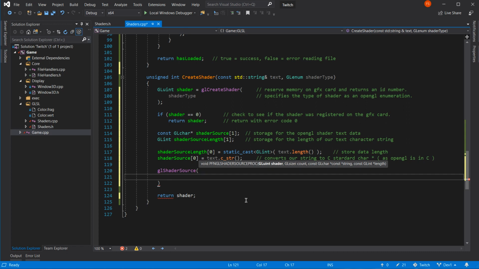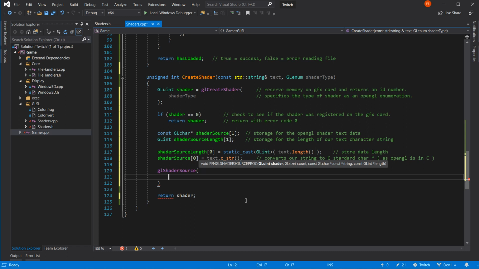Yes, that's what PFNGLSHADERSOURCE means. God help us all. Okay, so what's it asking for? It's asking for a GLuint shader. Wow, we have one of those.